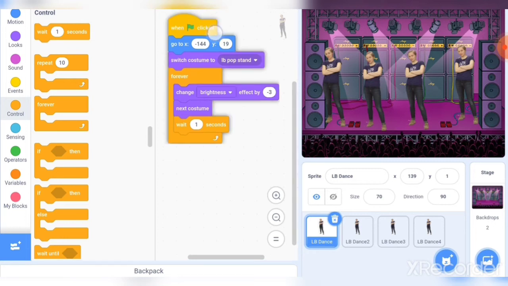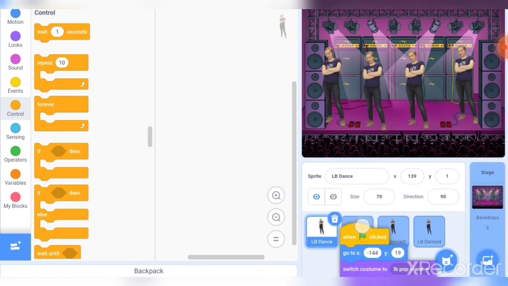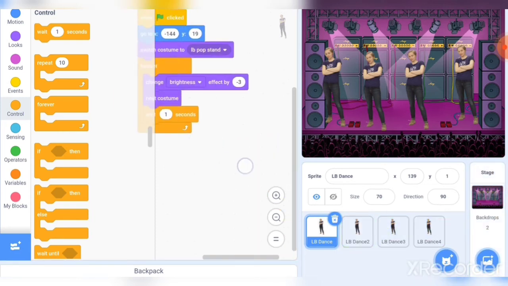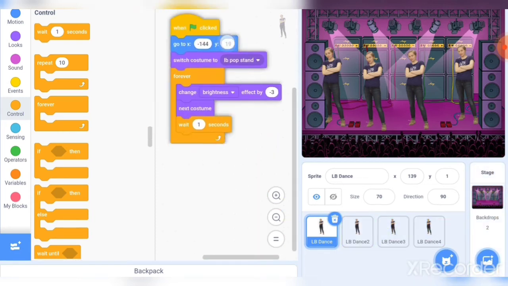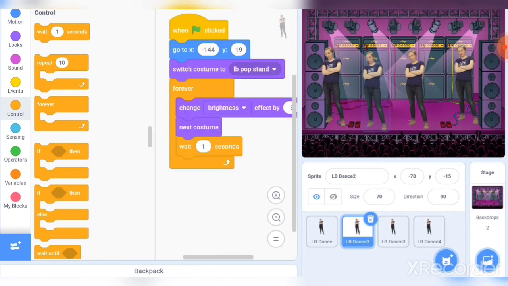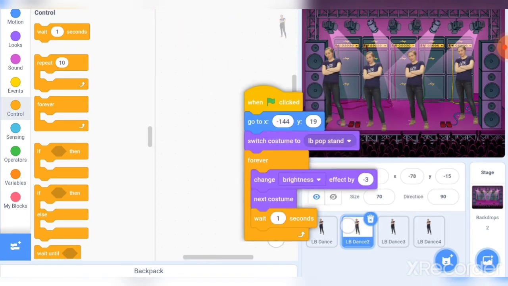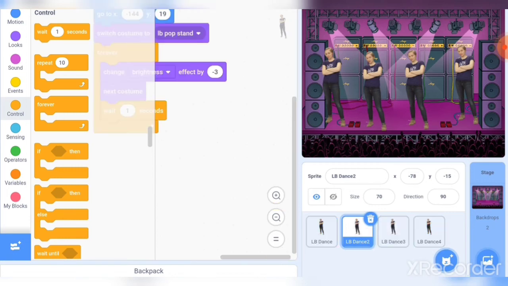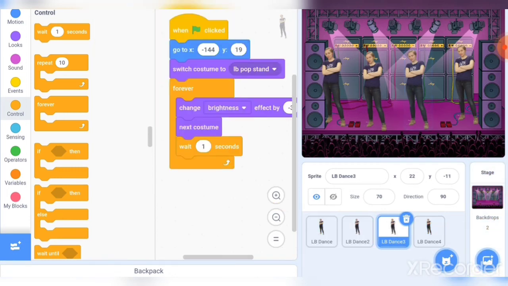Now I want all this coding the same, so that's why I copy it here. So yeah, now I get it here also. Now I want it on the third one, fourth one. I didn't get it here, I got it in the second one. Yeah, so I will just copy it on the third one. So yeah, now I get it here also.